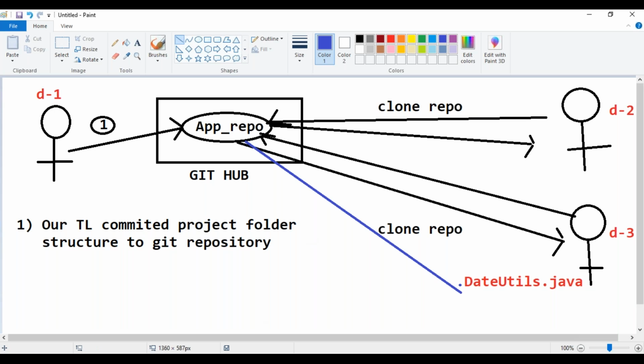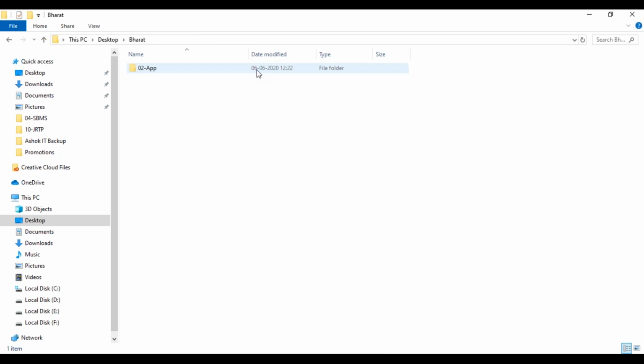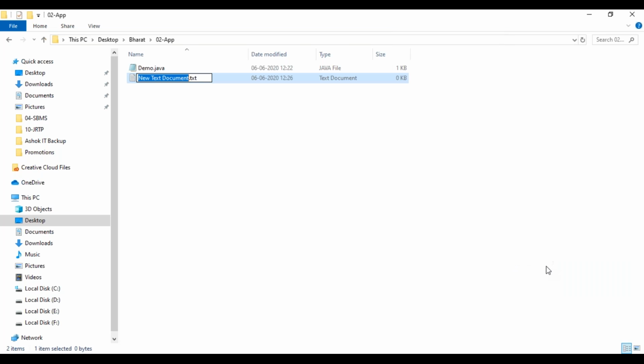Now assume that this Bharat is the third developer. He is creating one new file here, a new text document with the name dateutils.java.